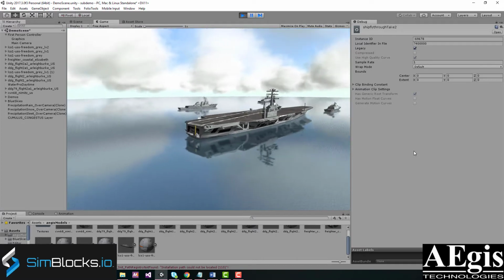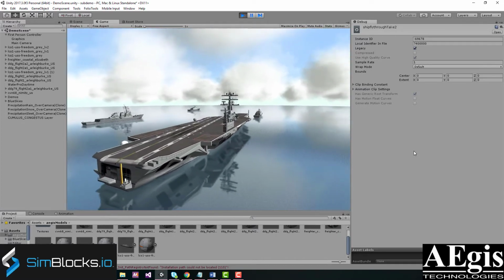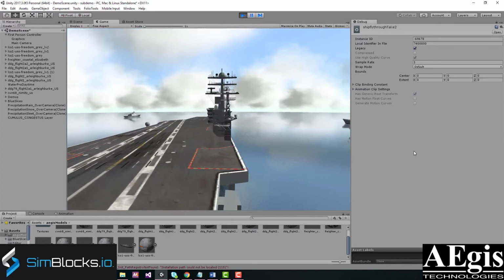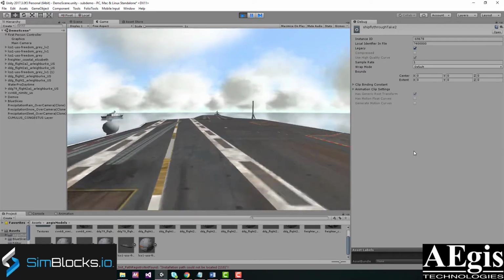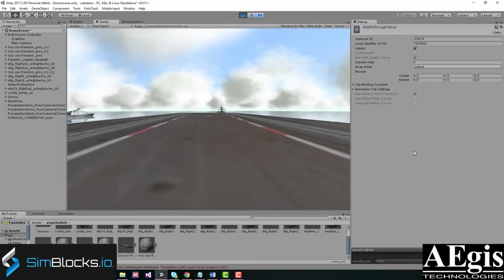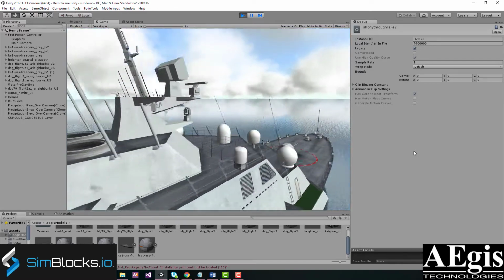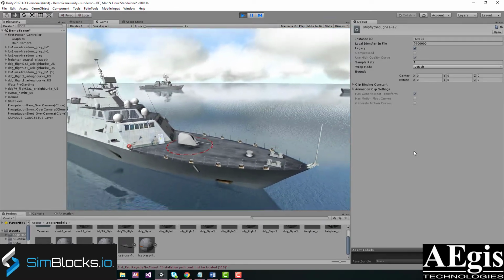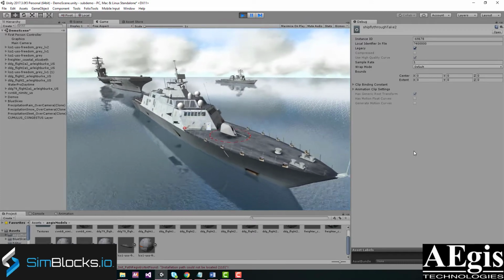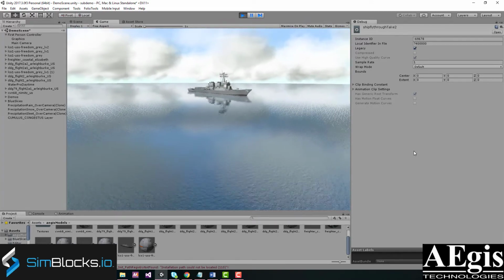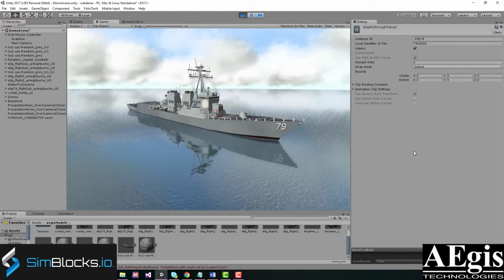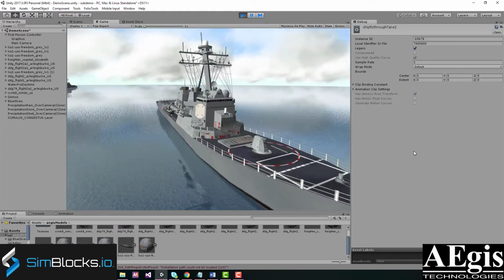They have high fidelity and are named to match standard simulation enumeration lists. We are directly loading these models into the engine without requiring conversion to other formats. Once the model is in the game engine, the user has complete freedom to create their scenes, add effects, and